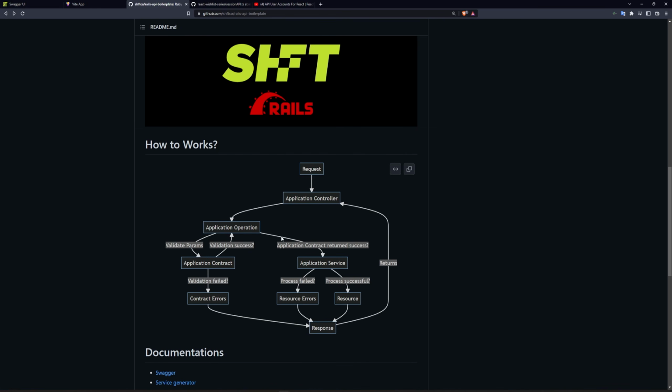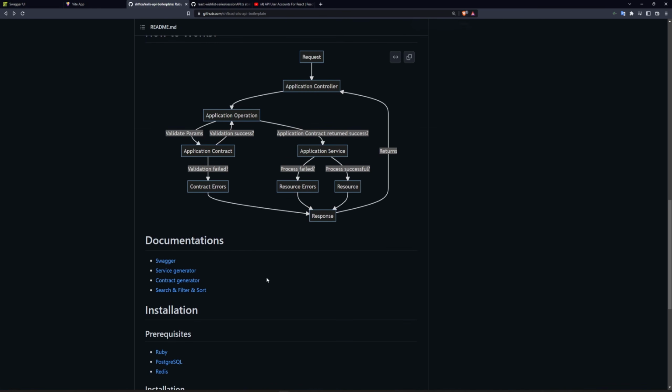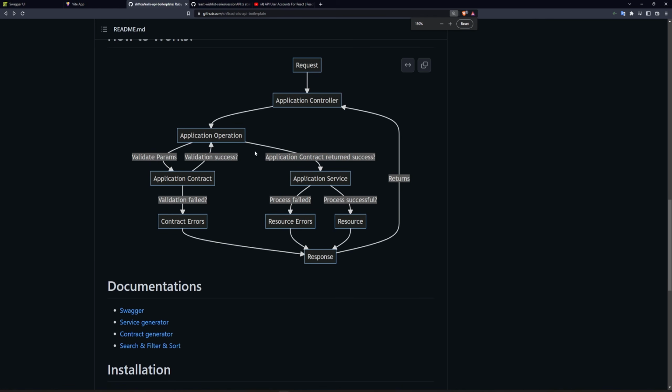So if we take a look at what's included out of the box, of course we have a lovely little diagram here that sort of shows you what the request lifecycle is like. And I'll have some links in the video description as I cover this, but I'll try and explain wherever there's a relevant video. Essentially, when you make a request to the Rails application, you'll be going through an application operation,